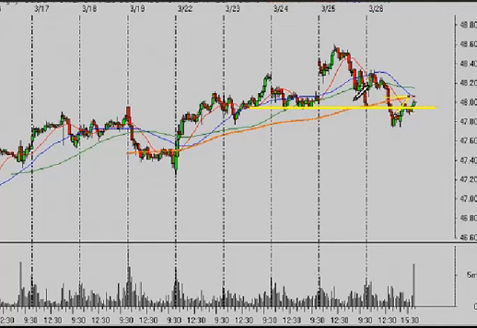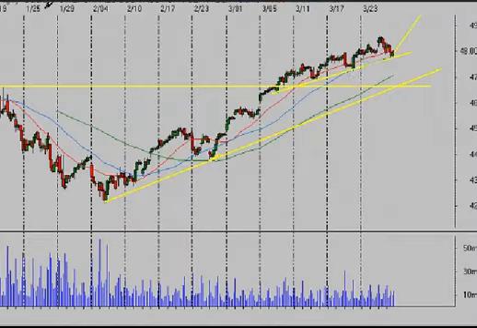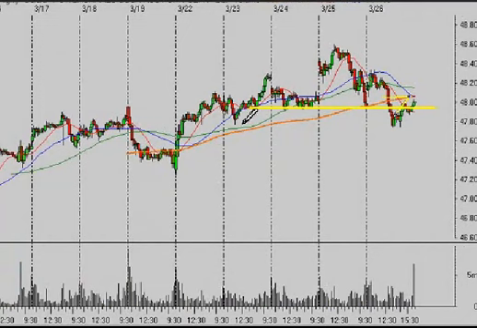So if we back that up to that 65-minute time frame again, you can see that we've tested that 10-day moving average a couple times here, and if we get a breakdown, probably through today's lows, which are down near about 47.75, you can see that was an important level for this week as well, 47.75.